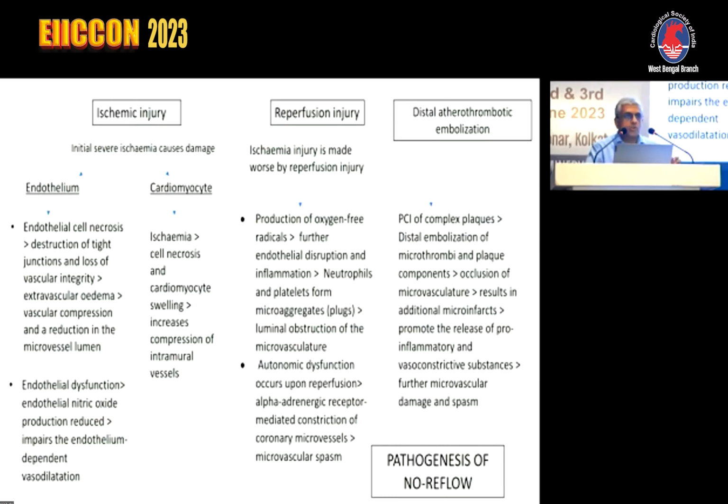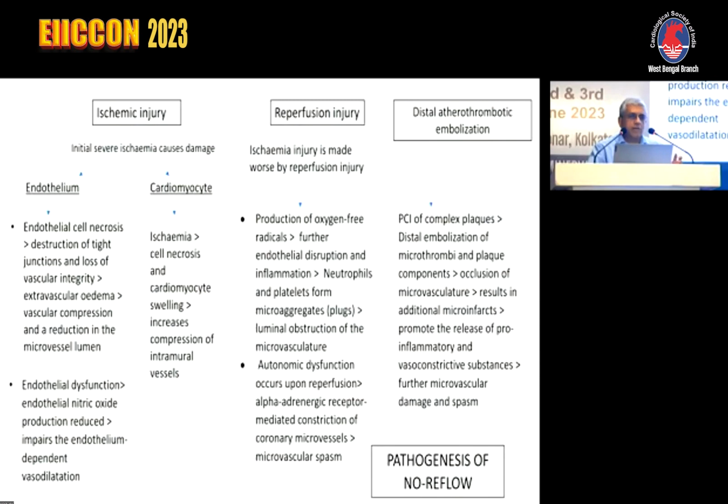So reperfusion is associated with production of oxygen-free radicals, which further cause endothelial disruption as well as inflammation. It causes migration of neutrophils and platelets, forming microthrombi, which obstruct the lumen of the microvasculature. Also, reperfusion is associated with autonomic dysfunction, and there is intense alpha-adrenergic receptor-mediated constriction of the coronary vessels, which results